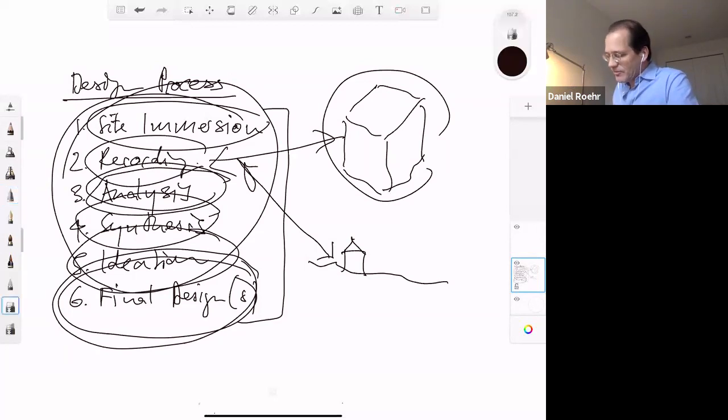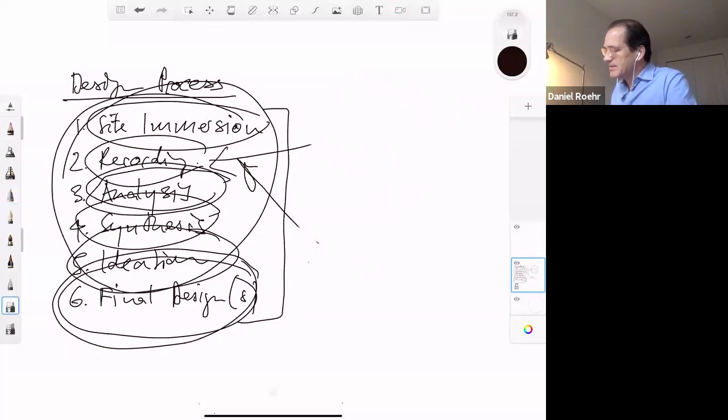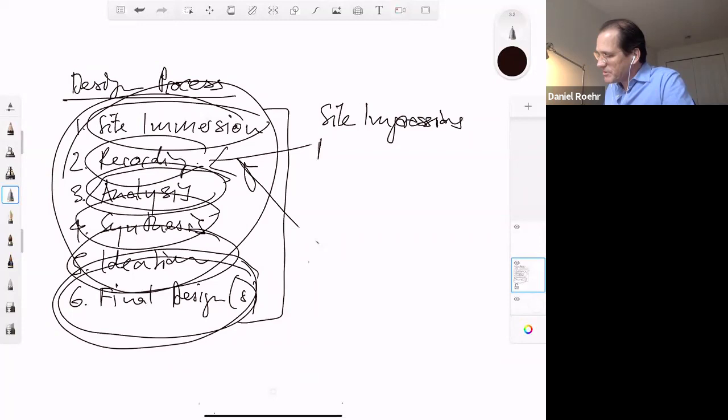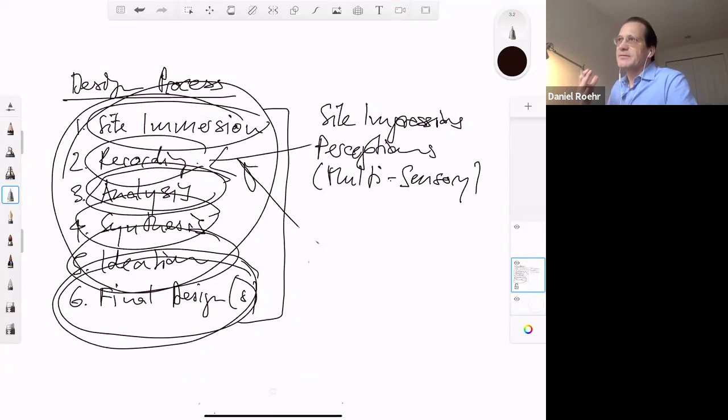And I think what is also important is when you think about these 6 phases, the first thing is, and this is so important, you can document your site impressions and perceptions. How do you feel about the site emotionally, multi-sensorially? So with the 5 senses: smell, touch, taste, and sound. And then you can do drawings, like I've shown you: plan, section, orthographic drawings, axonometric, like the cube, or you can use diagrams,